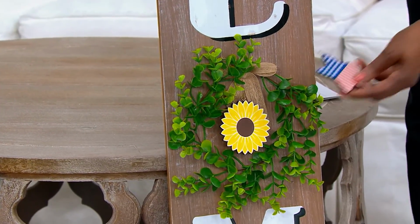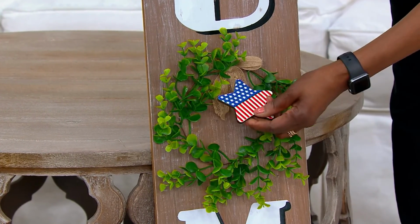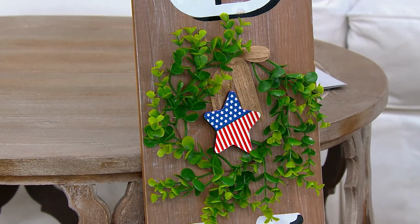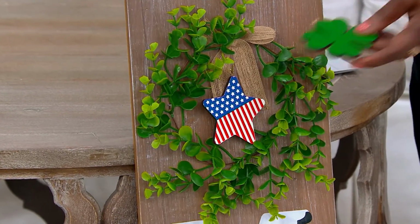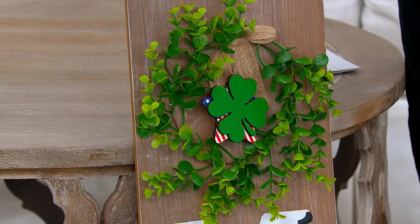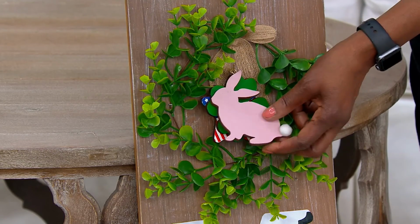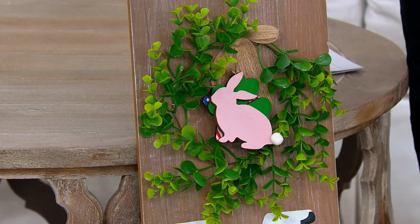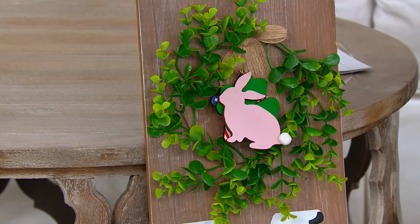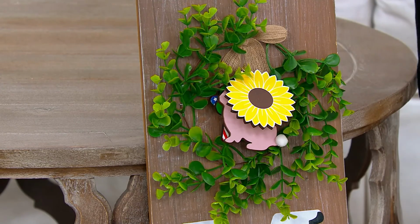Yeah, I love it. And again, you're going to get the sunflower for the summer. Memorial Day, of course, will be here before we know it. So there's your Americana. That's also great for the 4th of July. If you're a Fighting Irish fan, you're going to want to hang that Lucky Charm, or celebrating St. Pat's. And here is the little cottontail, the bunny. So for the beginning of spring and for Easter, you get all the charms and this beautiful welcome sign leaner